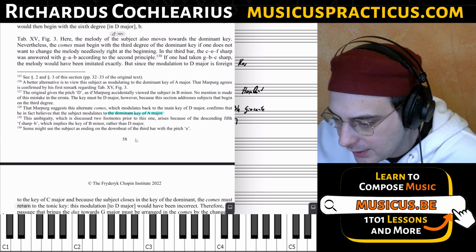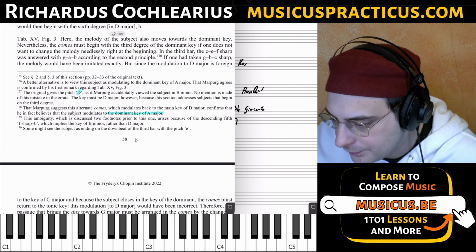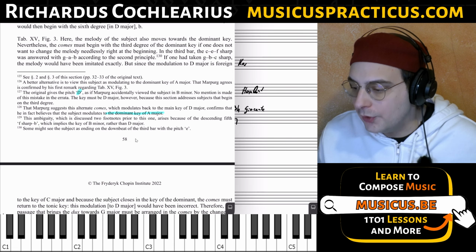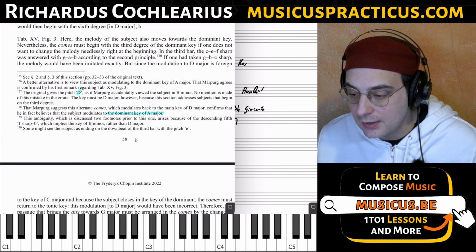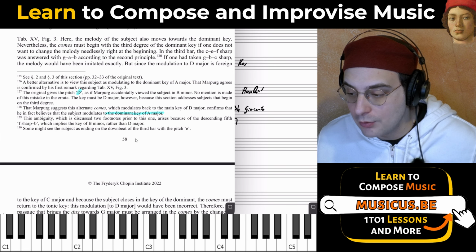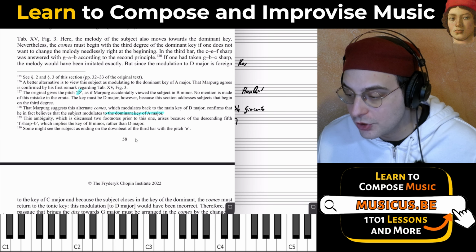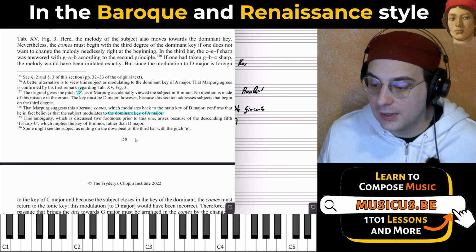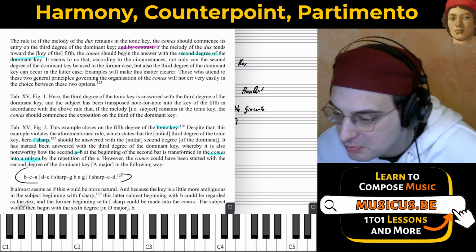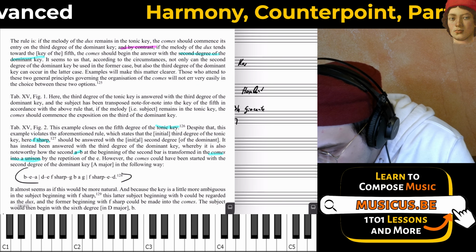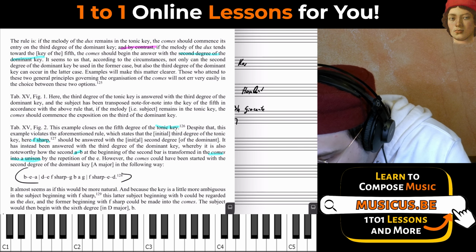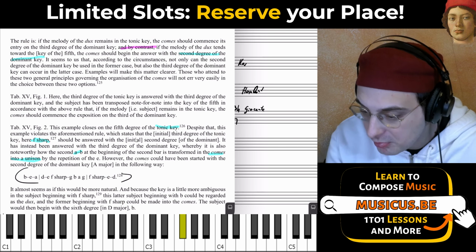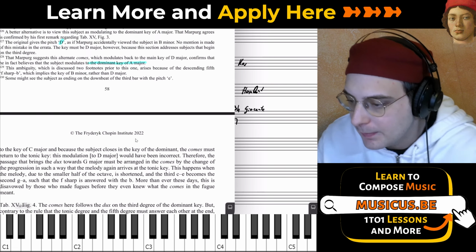The original gives the pitch D as if Marpurg accidentally viewed the subject in B minor. No mention is made of this mistake in the errata. The key must be D major, however, because this section addresses subjects that begin on the third degree. The third degree of the tonic, here F sharp. Well, okay. By the way,